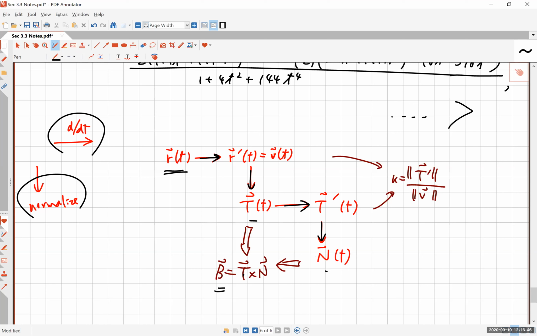And before you find T prime, of course, you have to find T, which requires you to find the norm of this velocity, the norm of r prime. And so you use r prime, the norm of r prime, and the norm of T prime to find your curvature. So this is pretty much all you have to remember or think about as you do your exercises in this section. I know this has been a long section,